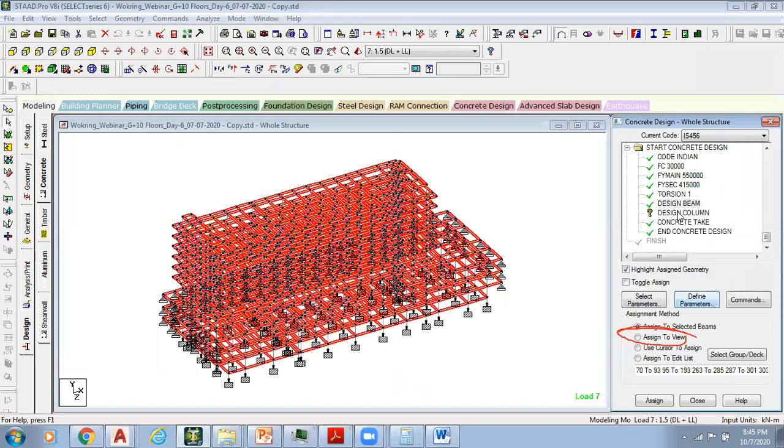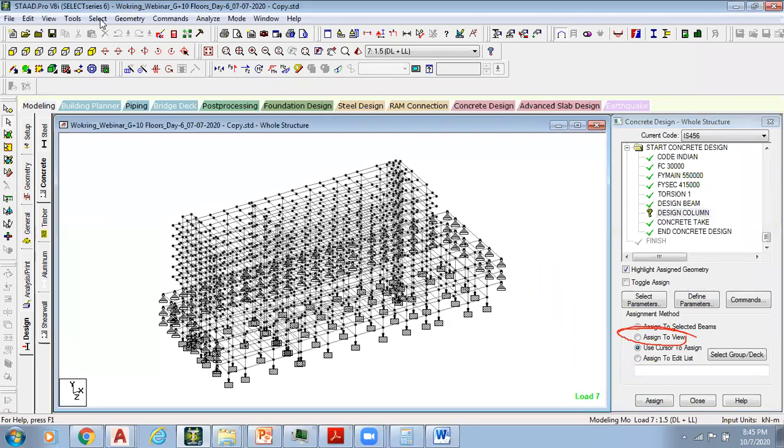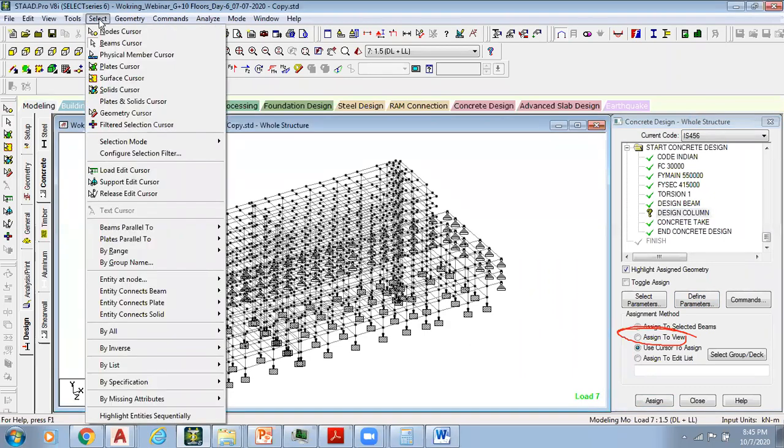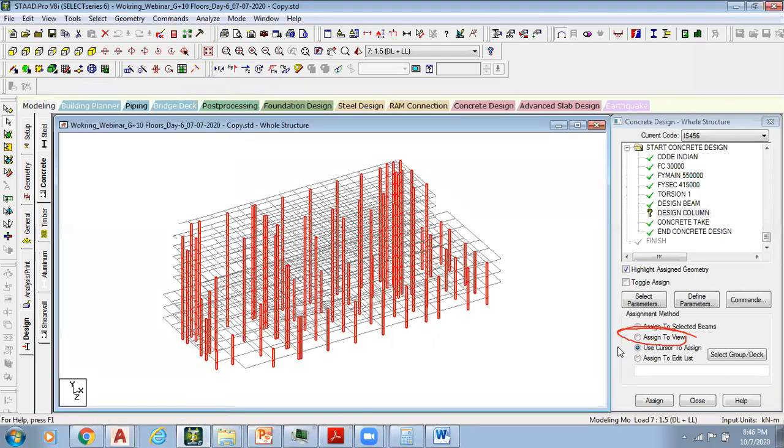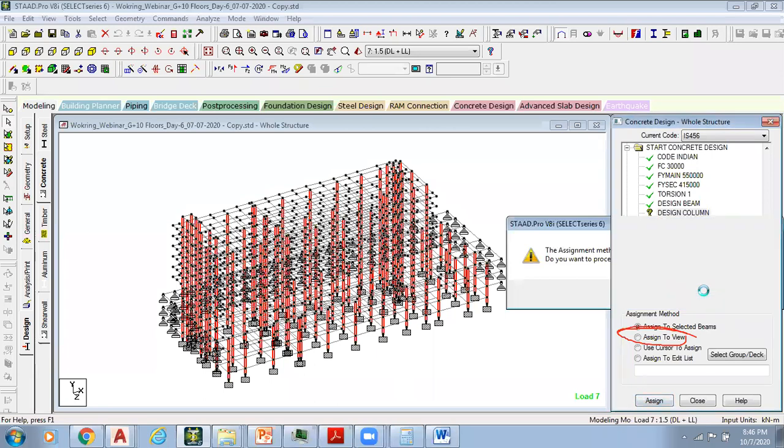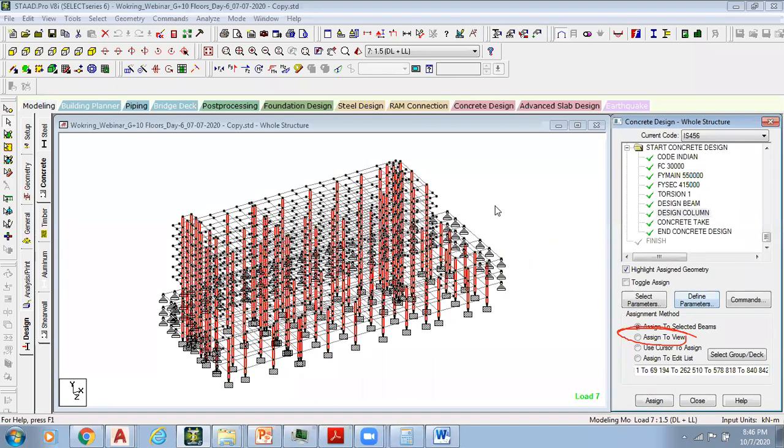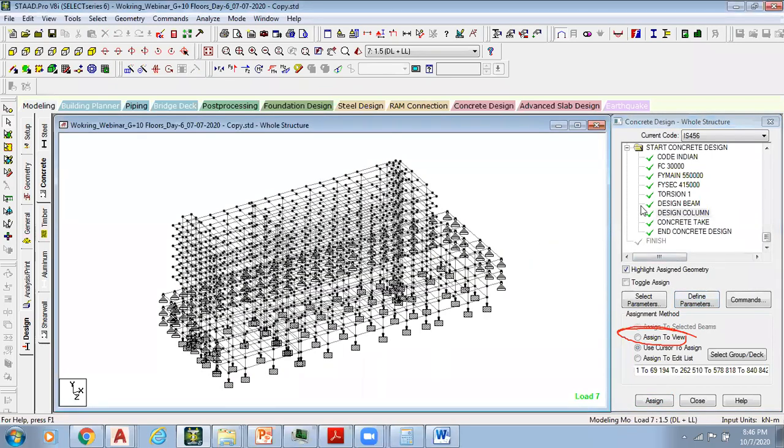Now I go to design column, select beams parallel to y direction, and assign yes. Now STAAD knows that all vertical members are columns and all horizontal members are beams. According to that, STAAD will be able to perform the design of this structure.